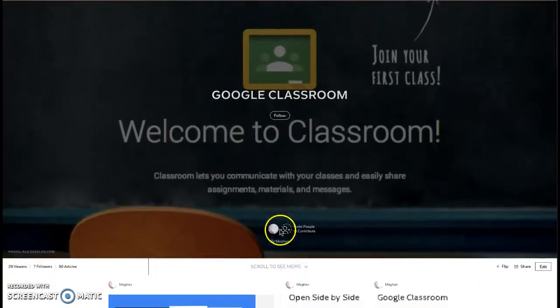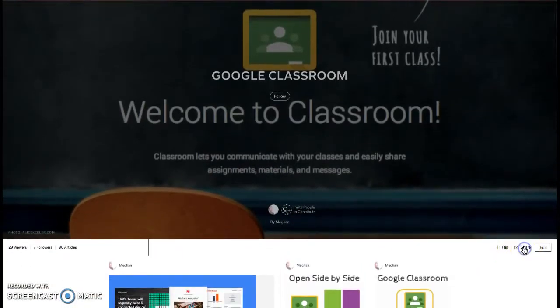So I can go up here to share, and I can embed the whole magazine on my blog if I'm interested in doing that. I could share with an email. Actually, it's just going to give me the link, but I could post this link on my Google Classroom page, my About page, if I had an ongoing magazine about current events related to my content area. But again, students can also create these, or you can add your students as collaborators, and together you can make a magazine.